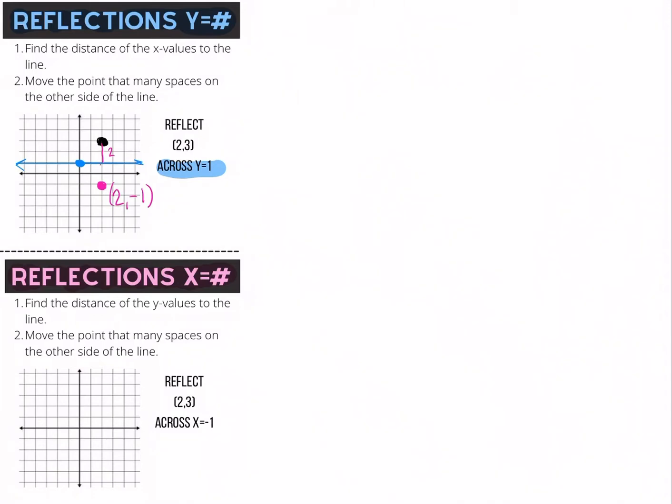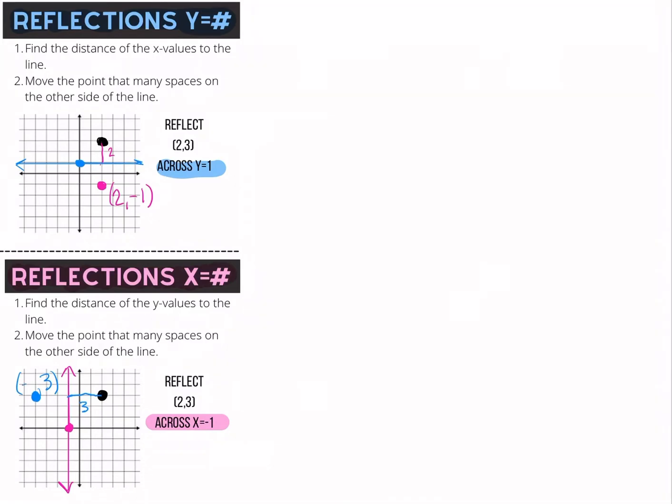So now we're going to reflect (2, 3) across x equals -1. So x equals -1 is right here. This is going to be a vertical line, so it's going to go straight up and down. Okay, so we are going to graph (2, 3). So let's find (2, 3) right here and find its reflection point. So essentially we're asking how many spaces away is it from the line. So 1, 2, 3. So we're going to move 1, 2, 3 spaces, and so our new point, our reflection point, the y value stays the same, and that's 1, 2, 3,